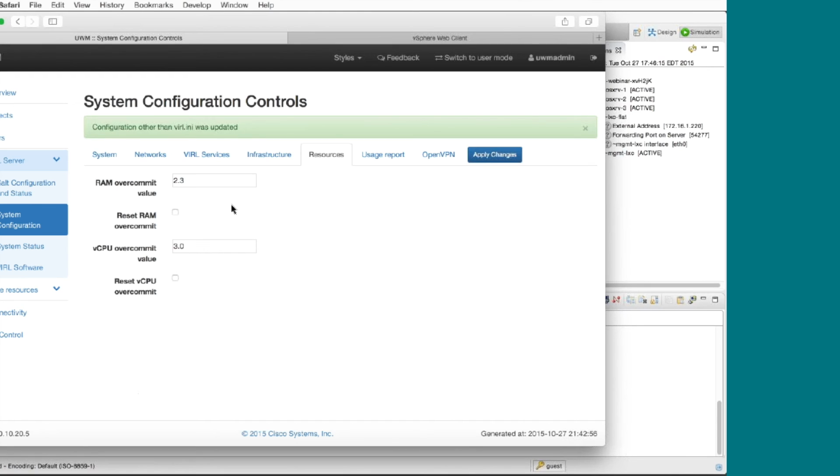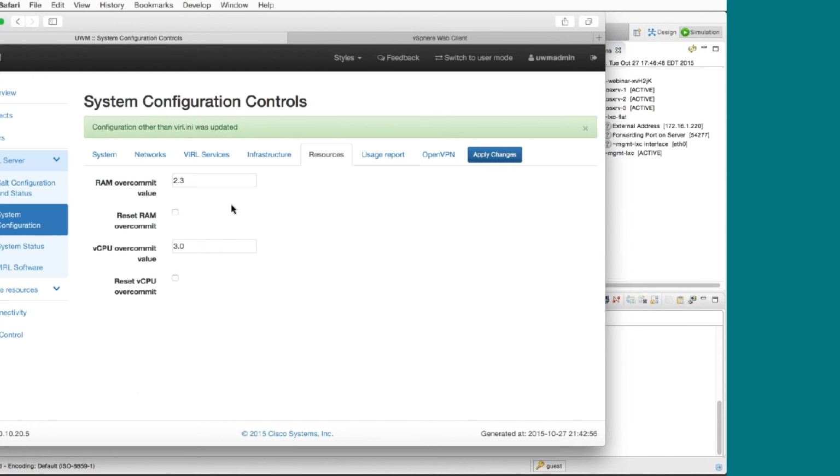At some point, these values will completely degrade performance. The feature is not experimental in the sense that we're not sure if it works. It works how it's supposed to, leveraging that overcommit value, but it's experimental in the sense that once you start modifying these from the default values, all bets are off. If you set these values too high, you can make your VIRL backend grind to a halt. So we'd recommend changing them very slowly.